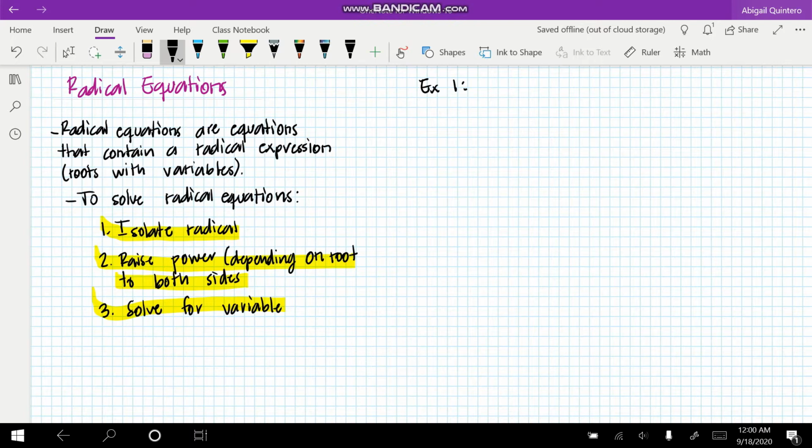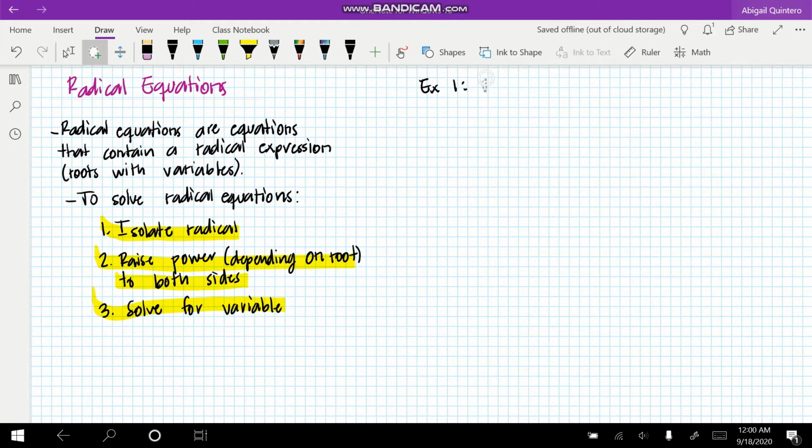First one is to isolate the radical, or the root. Then raise the power depending on the root. So for instance, if we have a square root, then the power that we're raising to is 2. If we have a cubic root, then we're going to do a power of 3. If we have a root of, let's say 10, then you're going to do a power of 10. Okay. So for the first example,